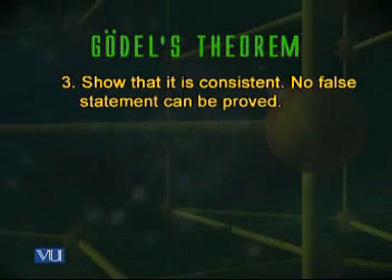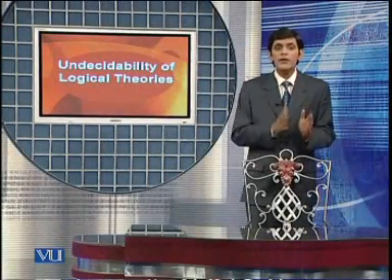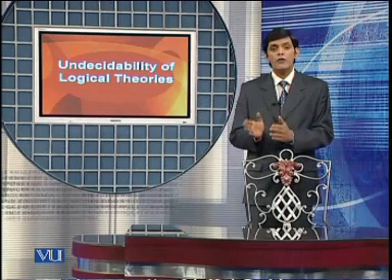So, once again, Hilbert was asking for a mega proof or a meta proof, which would say that all true statements are provable. This property was called completeness, and Hilbert was interested in showing that mathematics was complete. The next requirement Hilbert had put was to show that mathematics is consistent. What does consistency mean? This means that whatever we prove in mathematics would always be true.